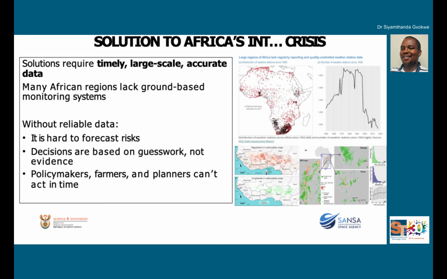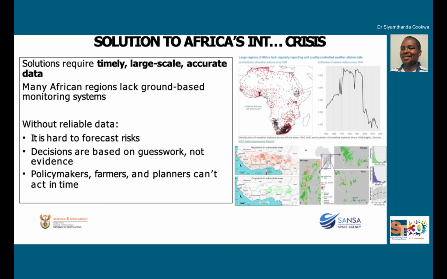And as a result, if we don't have good distribution of data, then the policies that we come up with are going to be fragmented, because the data is not complete, and therefore the policies that we derive are going to inform or favor certain areas more than others, where the data is limited.